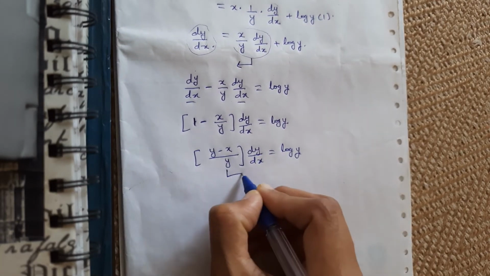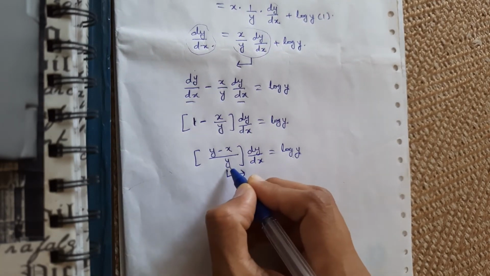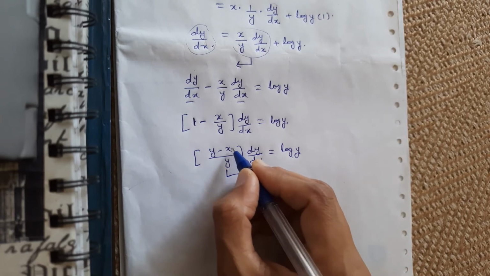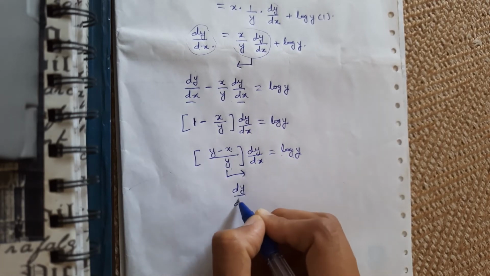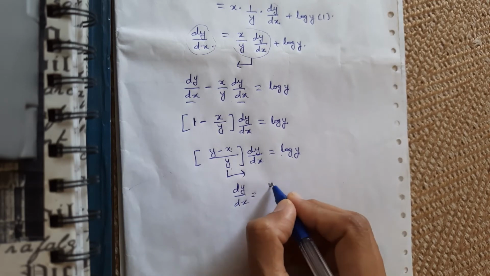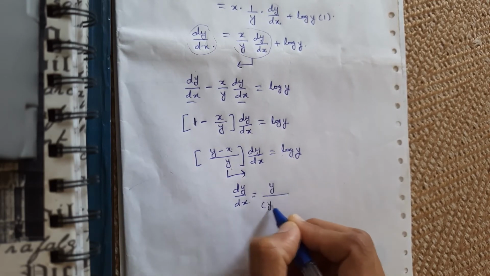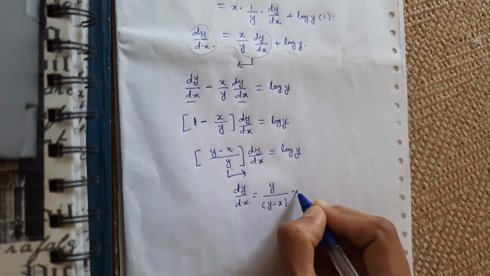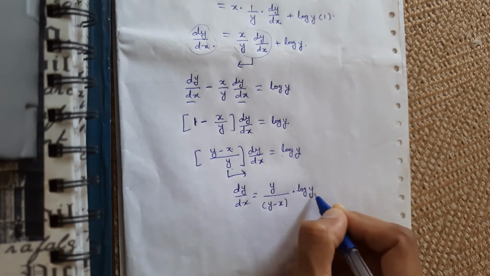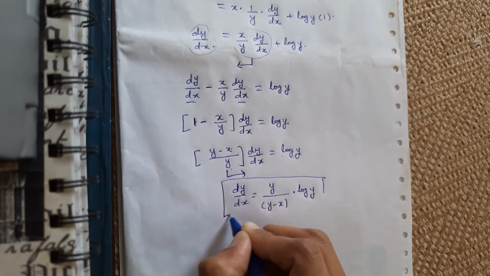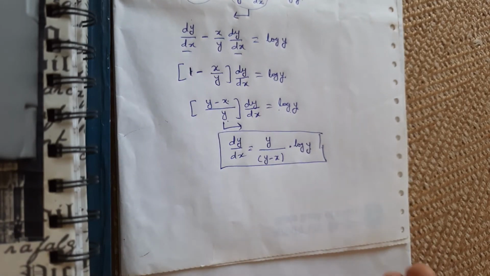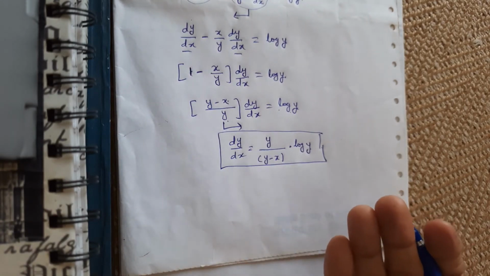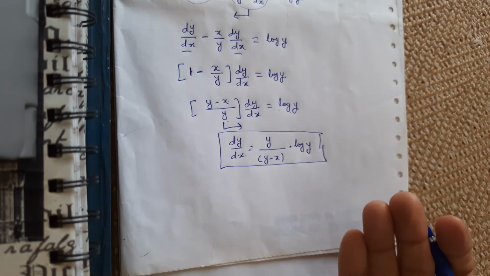Okay, now shift this term to this side. So what will happen? The numerator becomes the denominator and the denominator becomes the numerator here. So dy by dx equal to y upon y minus x into log y. This is my answer. Okay, so I hope you understand when to use this function,